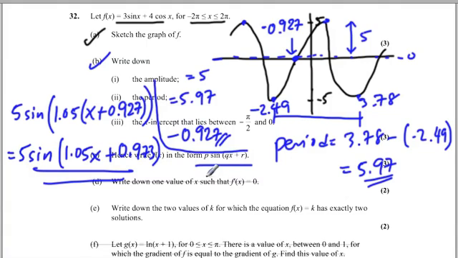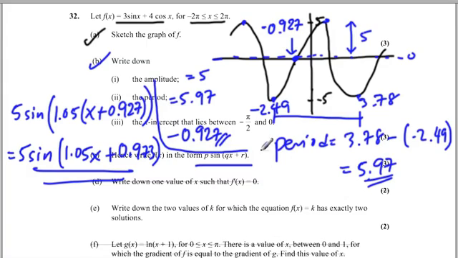Now, write down one value for x such that f of x equals 0. Oh no, this is f prime. So you don't have to deal with that because we're not dealing with calculus right now. Part E, write down two values of k for which the equation f of x equals k has exactly two solutions. So if I look at my graph,